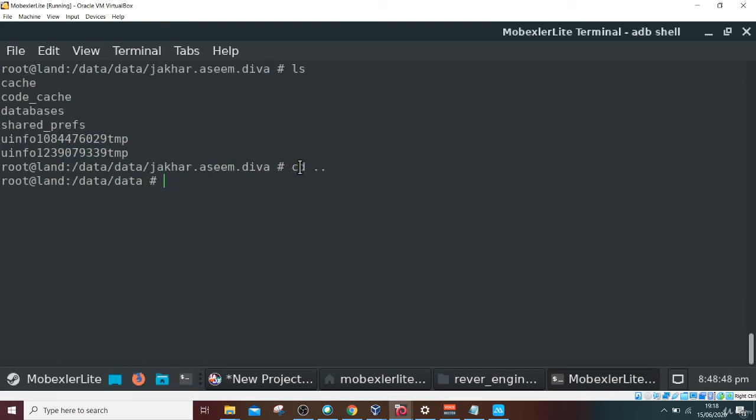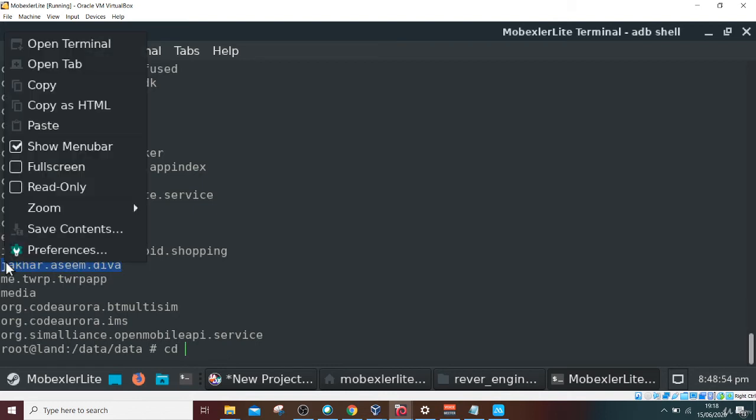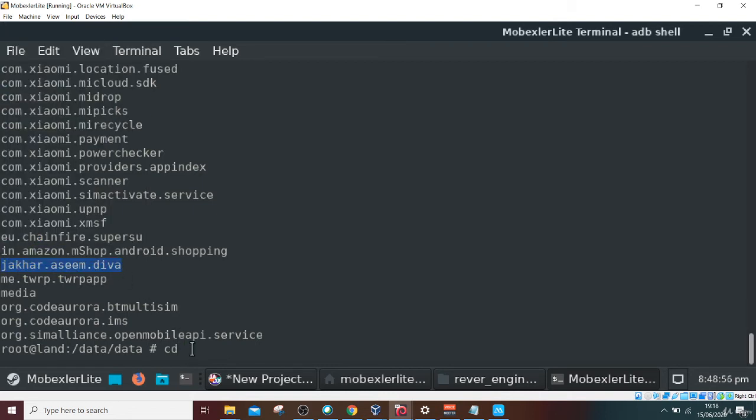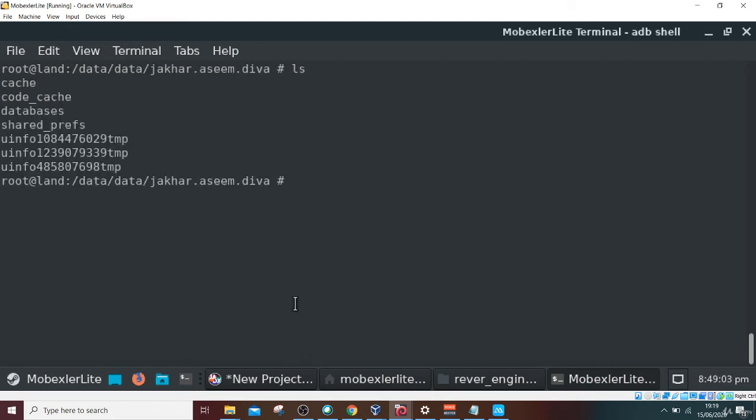Now again do ls and go for cd diva, copy this one. You can see there is a temp file created. Let's find out what is stored in there so that we can exploit this vulnerability.